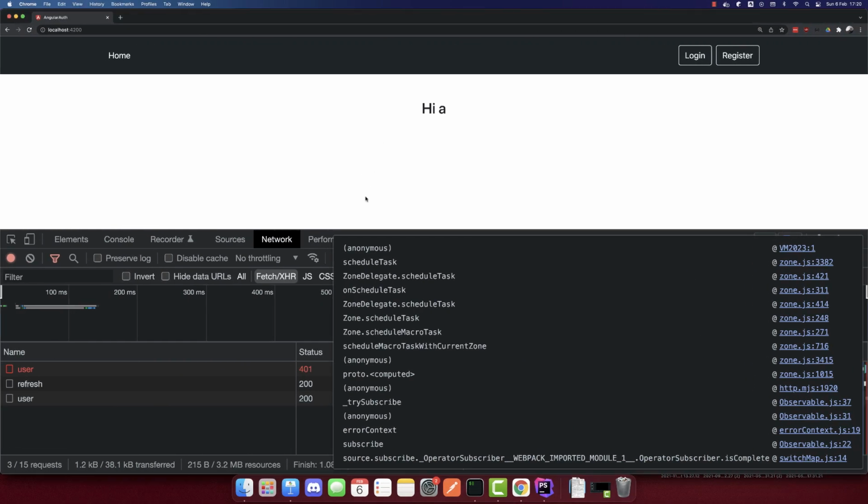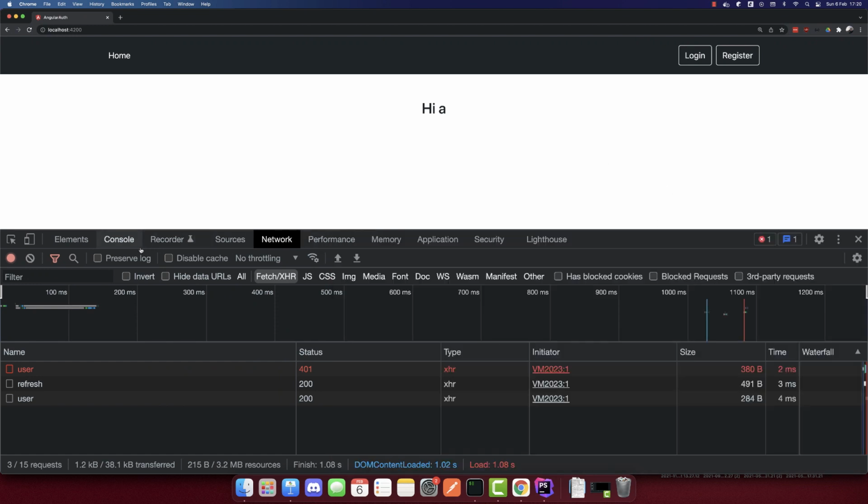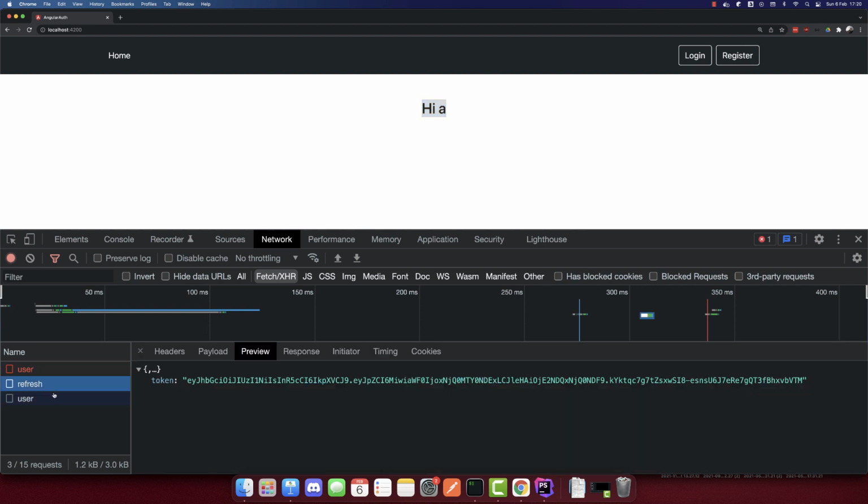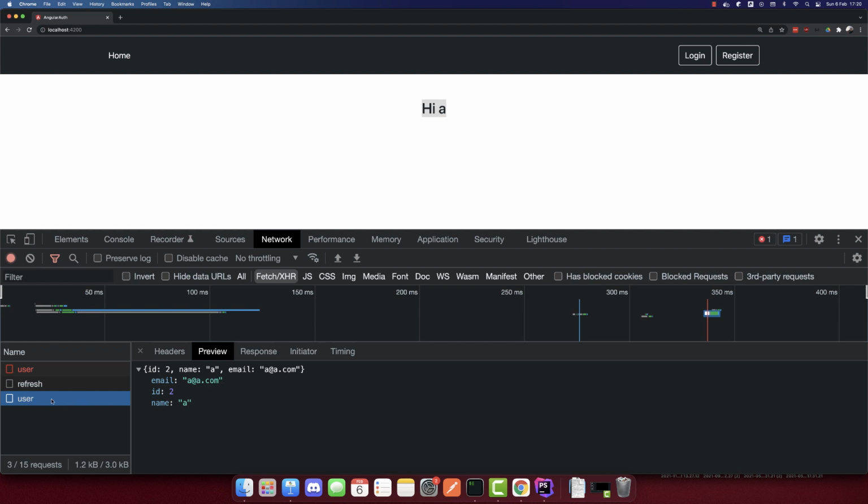So let's see it on the browser, and we get the authenticated user now. Even if we refresh, we will still get it because it will fail the first time. We will call the refresh endpoint, we will get a new token, and we will call the same request again. So this is how we use the refresh